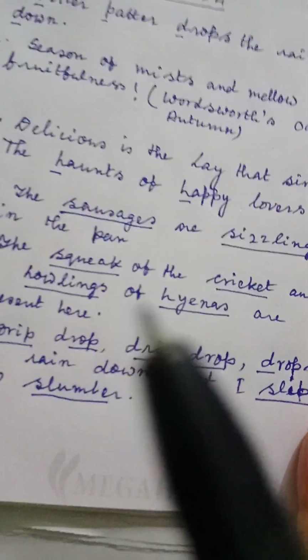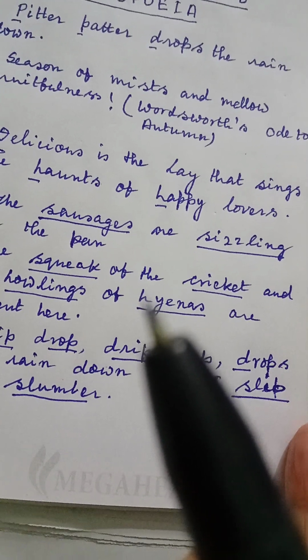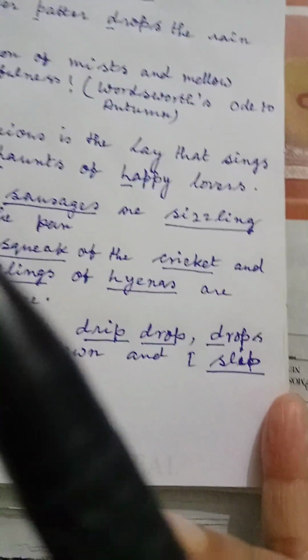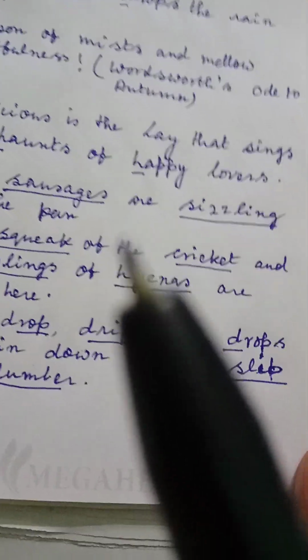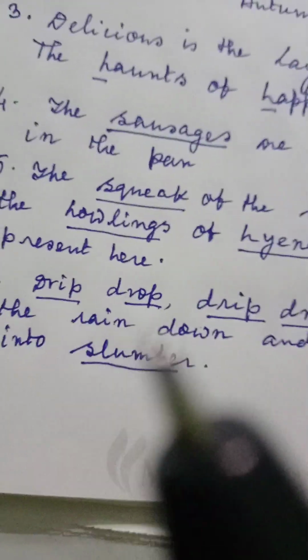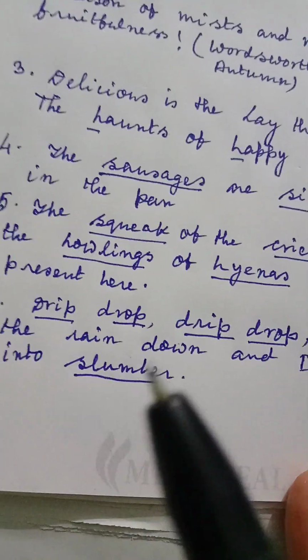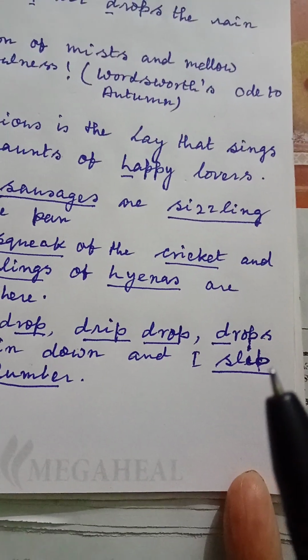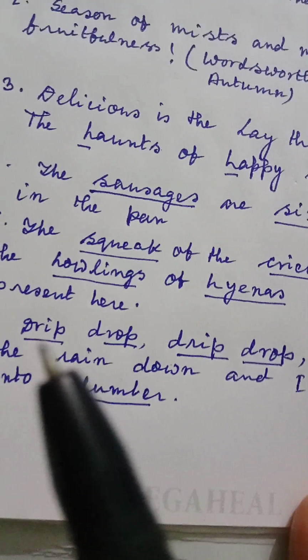and howlings of hyenas, you see that H and H are alliterative, but howlings are creating onomatopoeia, howlings of hyenas. Now my last example, that is the sixth example. "Drip drop drops the rain down, and I slip, slip, into slumber." Drip drop,